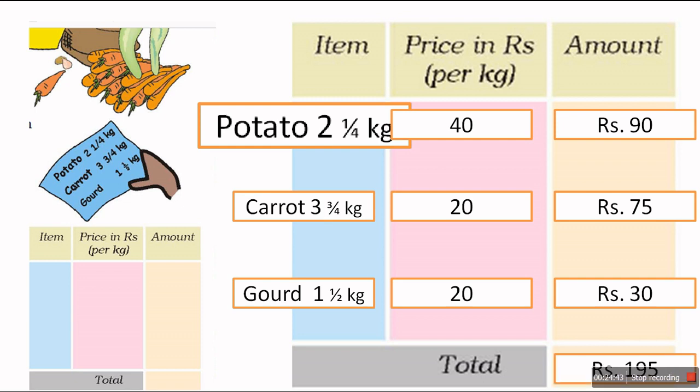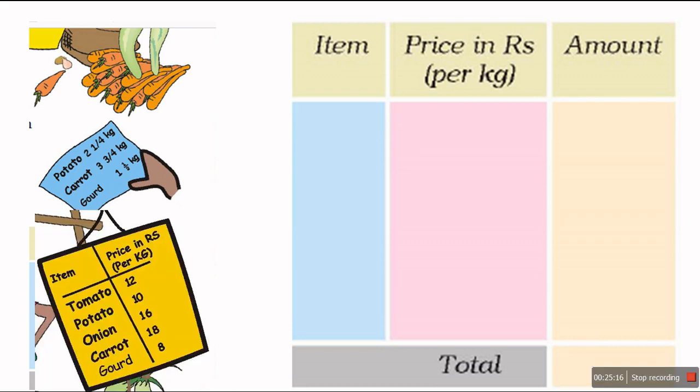So it will become 195. So we have to pay rupees 195 if the rate is these. So what if the rate is given by our previous list? To make this price list depending upon this rate and this quantity. This is question number G, Kirti's shopping list, and this is your homework.